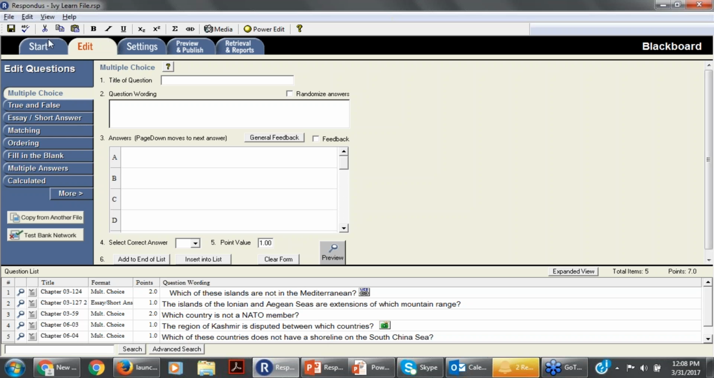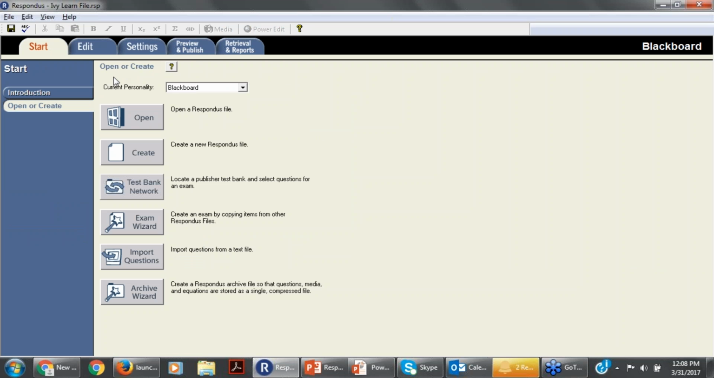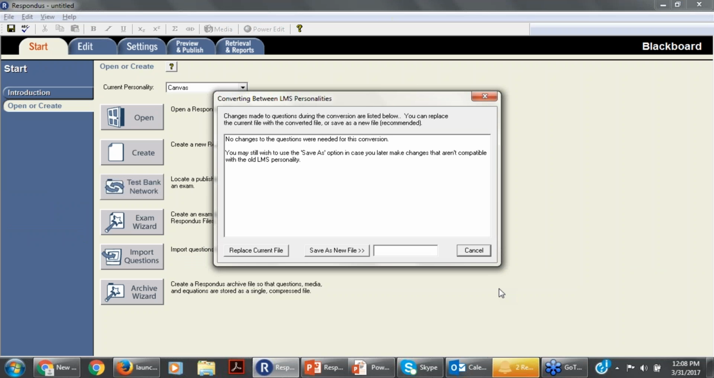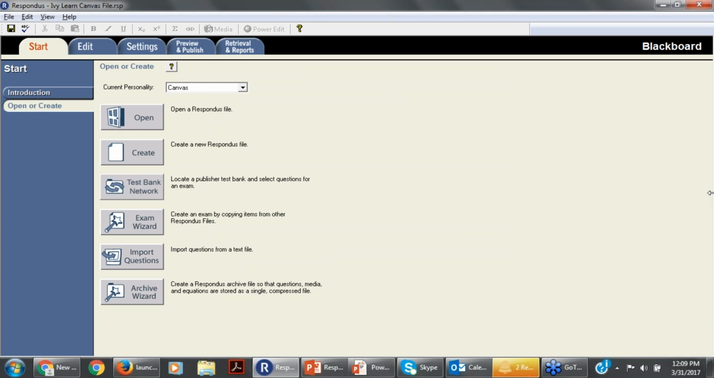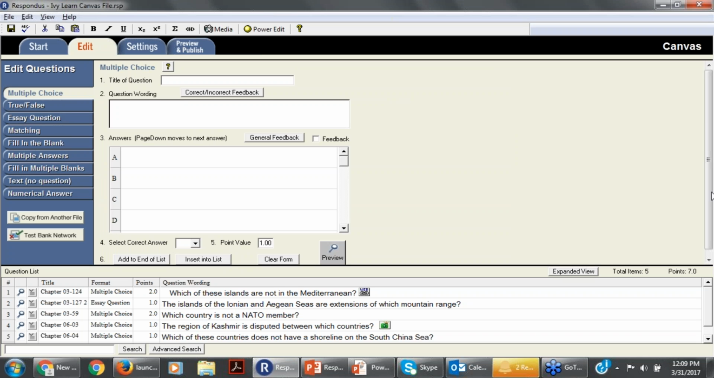Now it's just a matter of navigating back to the Start tab. And then within that current personality, now I'm going to select the option for Canvas. I'm going to simply save this file, and we'll call this IvyLearn Canvas. And now this is just reopening that particular file within the framework of the Edit tab. Now it's established that the new template is for Canvas, and these are the question types that mirror the Canvas